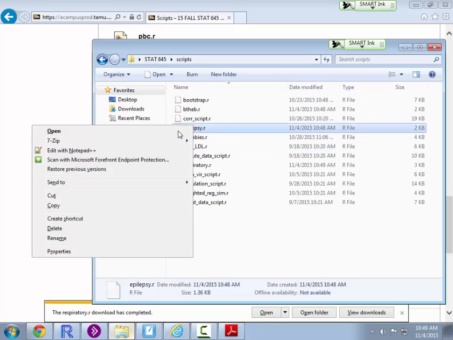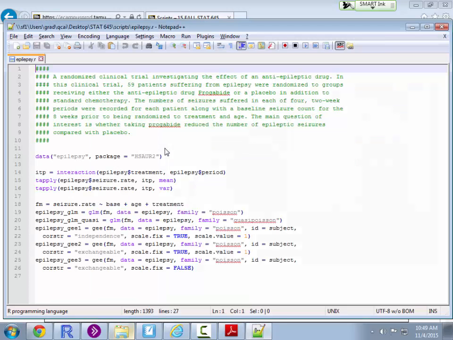Let's start with epilepsy. These data are from a randomized clinical trial about a drug for limiting epileptic seizures. We have 59 patients, and they're randomized into control or treatment. Treatment got this drug called Progabide,